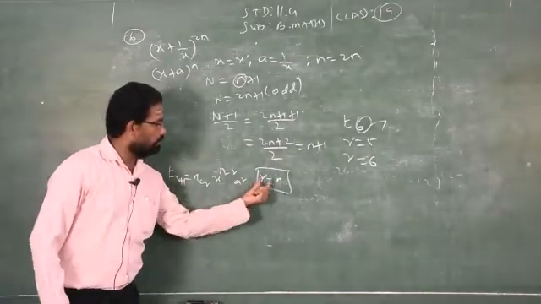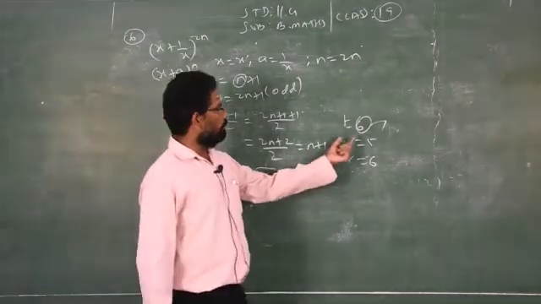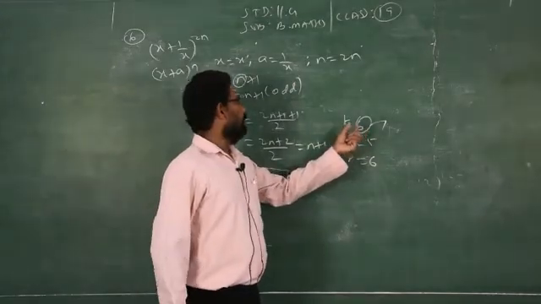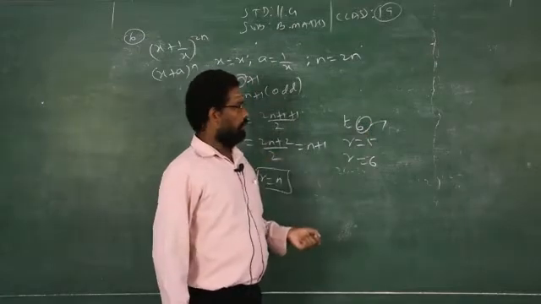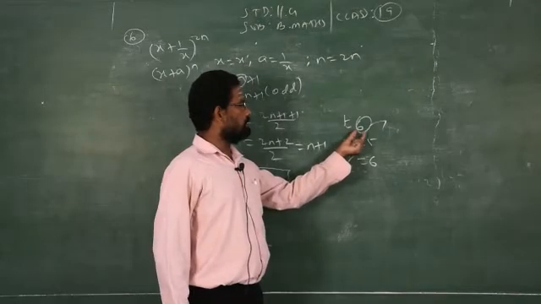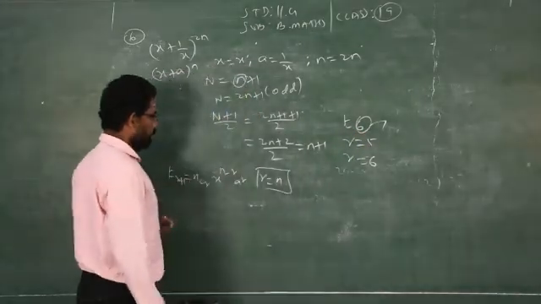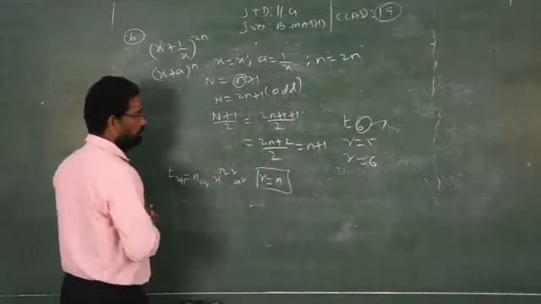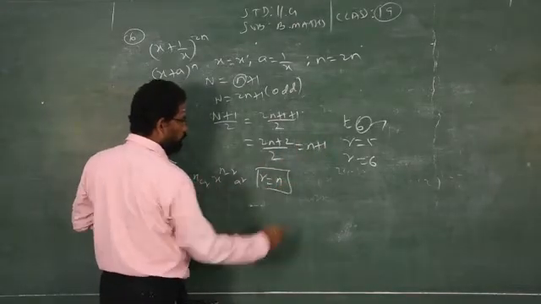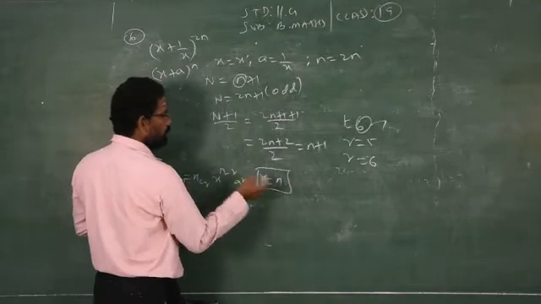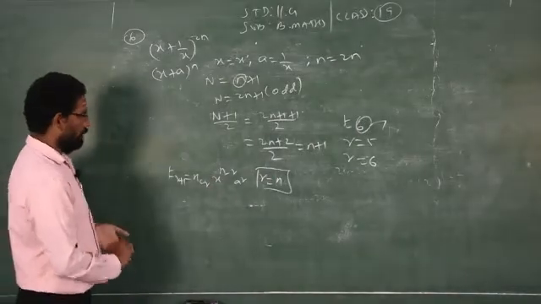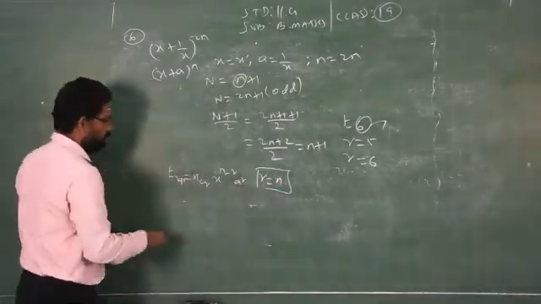So r is equal to n. Just now I explained: to find the T6 term of the binomial expansion, you have to find the predecessor of the given number. Clear? That should be r. To find T6, r should be the predecessor of 6, that is 5. In the same way, to find the n plus 1th term, I have to replace r by the predecessor of n plus 1. What is the number before n plus 1? n. What is the number before n? n minus 1. This you know already in factorial format. Clear?